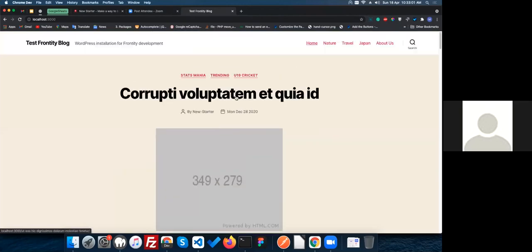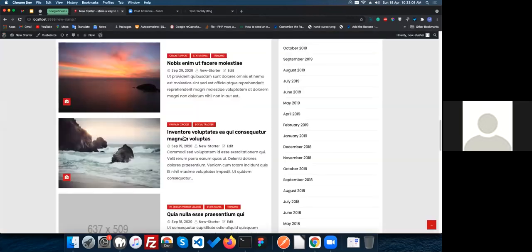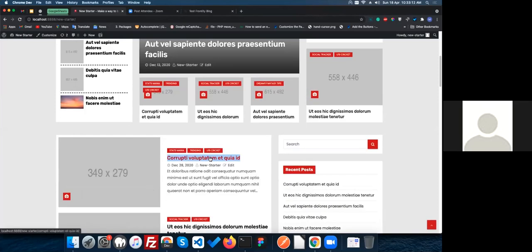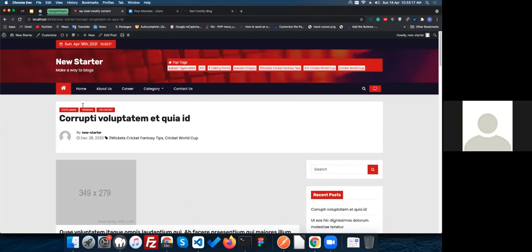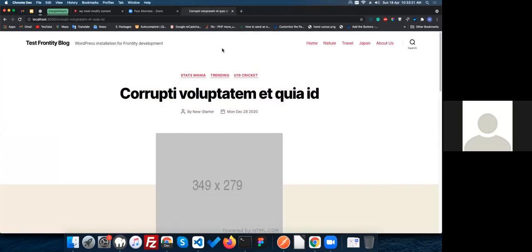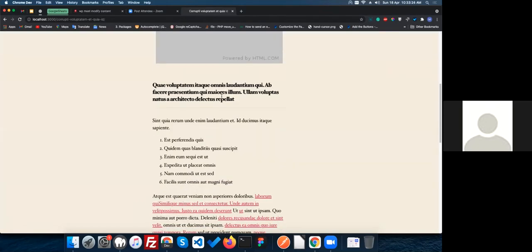So why are we using this? First of all, we have to use these two different platforms and different URLs. The thing is, if I go to some inner page, like this post inner page, it will take some time to successfully go to that page. If I'm using Frontity, it will instantly load that page. So we use Frontity to get this page speed. If you are okay with WordPress, then you cannot use Frontity.